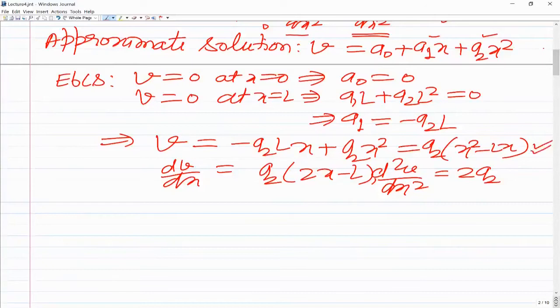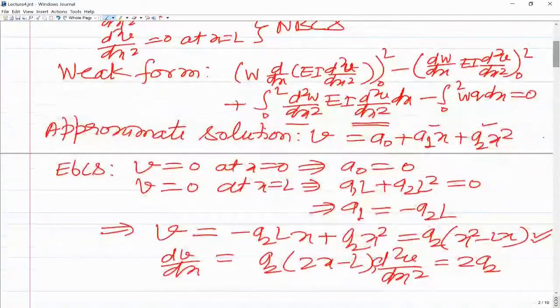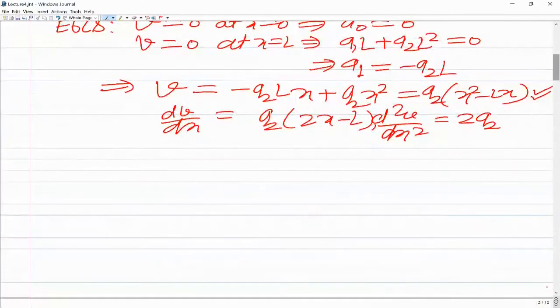But if you are using a Petrov-Galerkin method, then you'll have to make sure that the weight function is differentiable twice, because in this integral term you see the second derivative of w. So we have to assume a weight function in Petrov-Galerkin method which is differentiable at least twice. That's the criteria you will have to use. So I am going to use Galerkin method over here. So as per the Galerkin method,